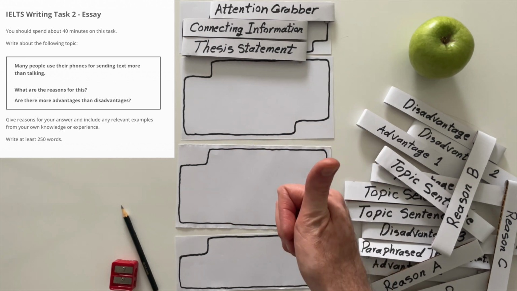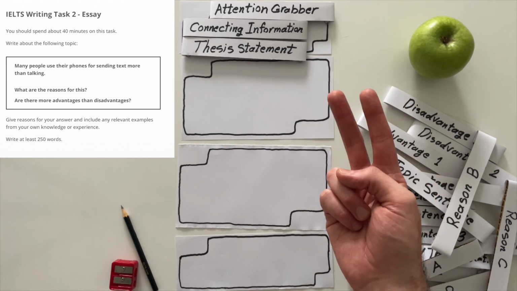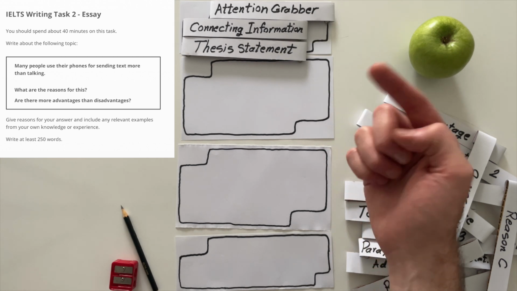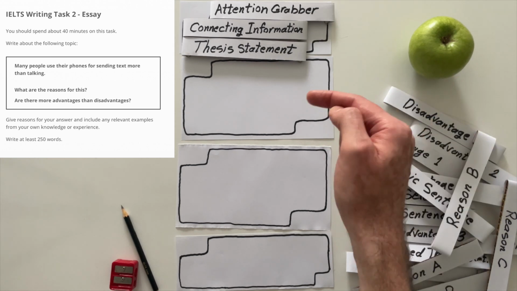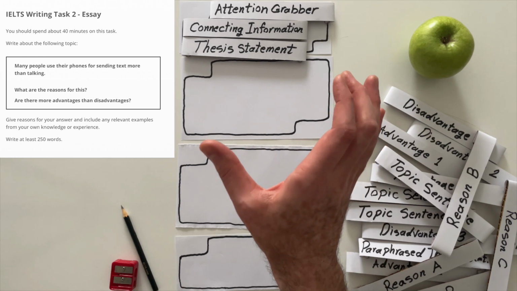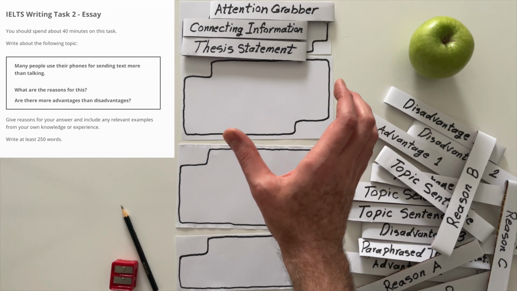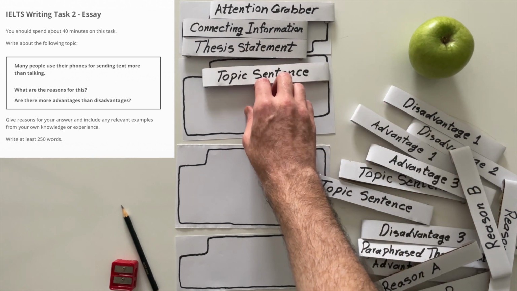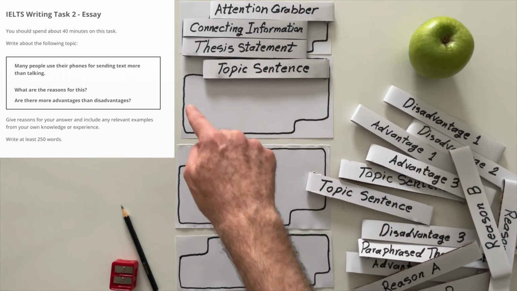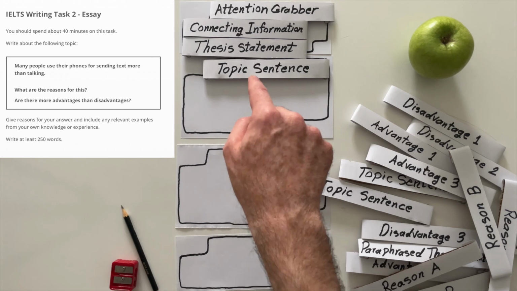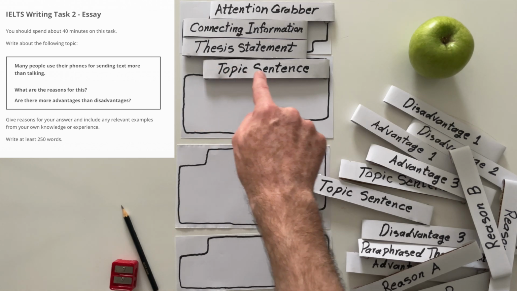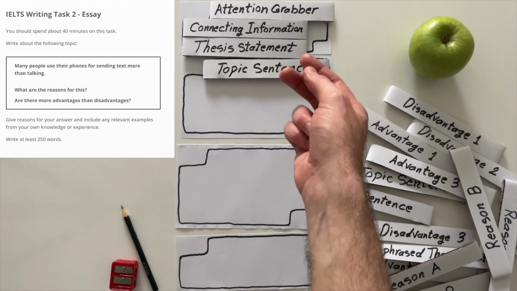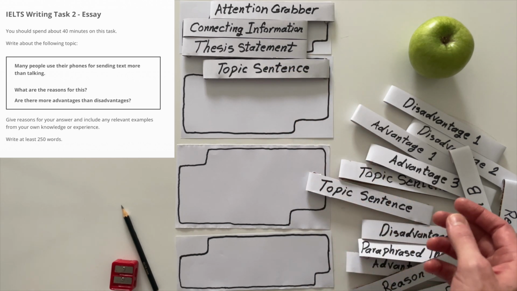Now, as a rule of thumb, there are two questions here, and I'm going to devote one paragraph to each of these questions. So in this paragraph, I'm going to talk about the reasons. This is my first body paragraph. I need a topic sentence, and the topic sentence needs to basically talk about everything that is going to happen here. I'm going to talk about reasons. So this topic sentence is going to say, yes, there are two reasons for this trend. And you need to come up with reasons.